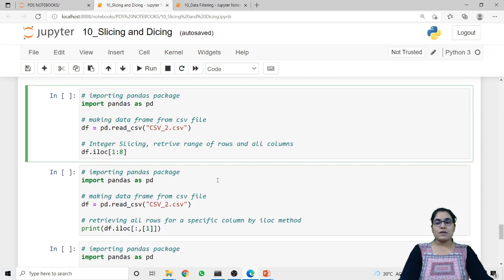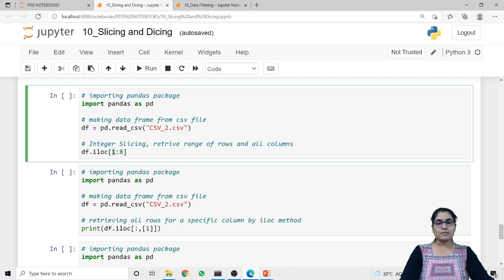So here first, I want to retrieve a range of rows only. Rather than retrieving all the data, I want to retrieve a range of rows only. So for the first parameter, that is row, we have to set the index value of the rows that we want to fetch. So say for example, I want to fetch the rows 1 to 7. I have to pass 1 to 8. Why?